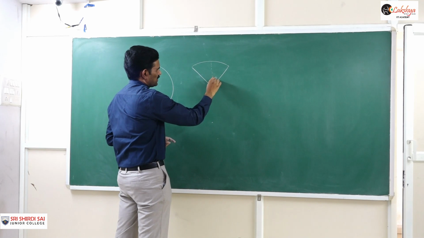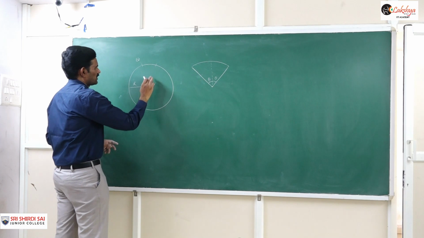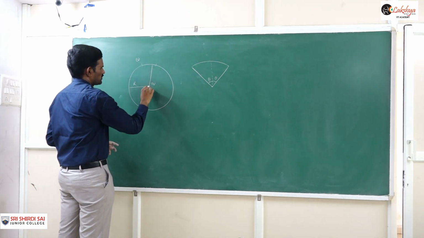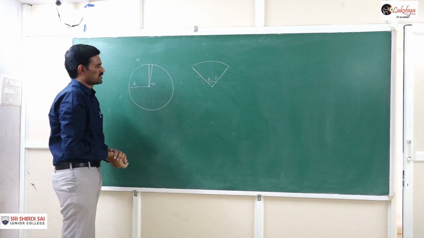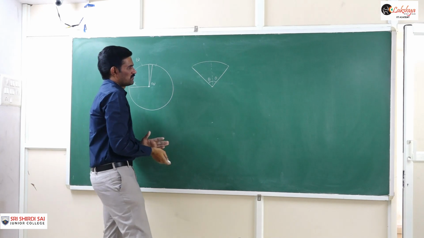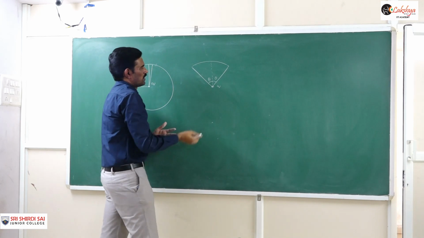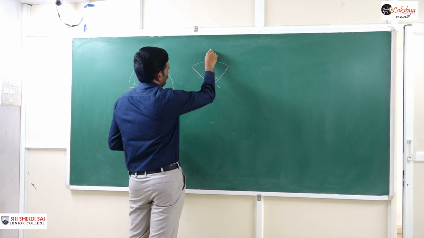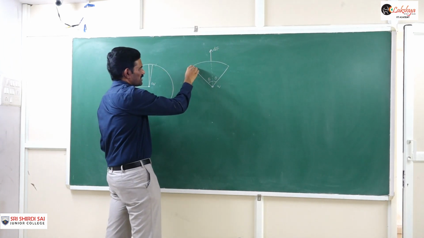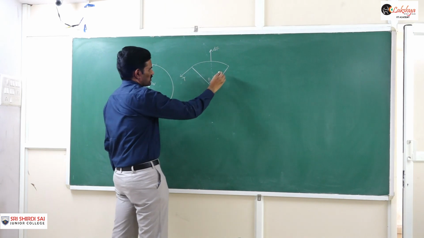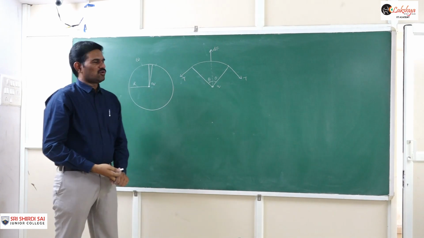This angle is theta, and this angle is theta. The theta value is very small, so we can consider this element like this. We need to consider a very small element here, so I am drawing a bigger diagram to understand it easily. And now this force is there. This is the charge q. The repulsive force acting on this element, dF, will be along this direction. And due to this, some tension will be developed in the ring.